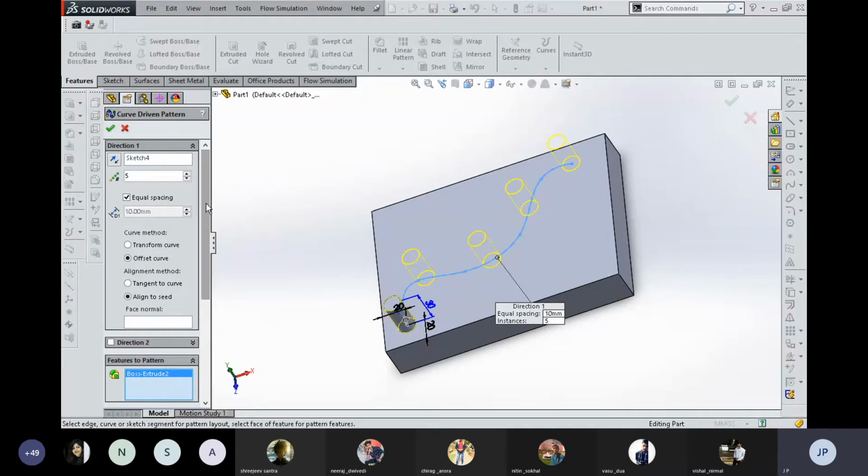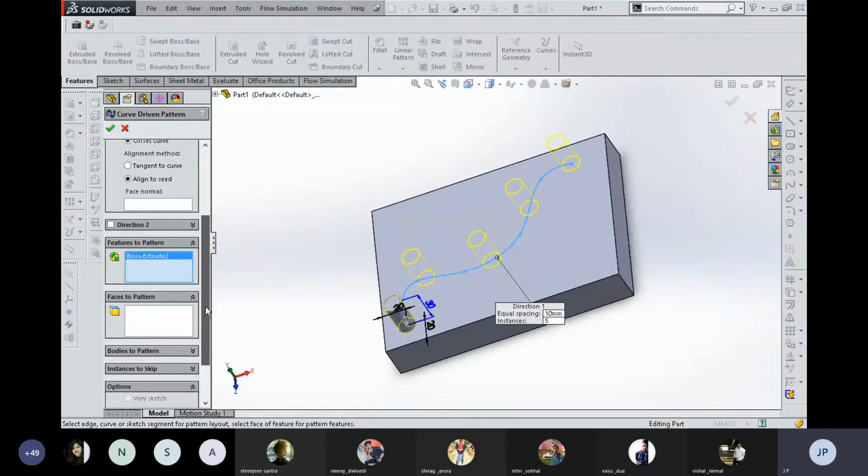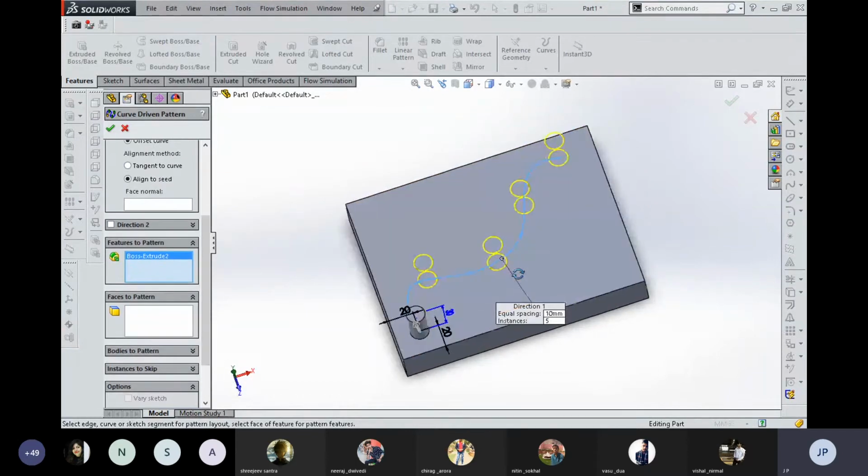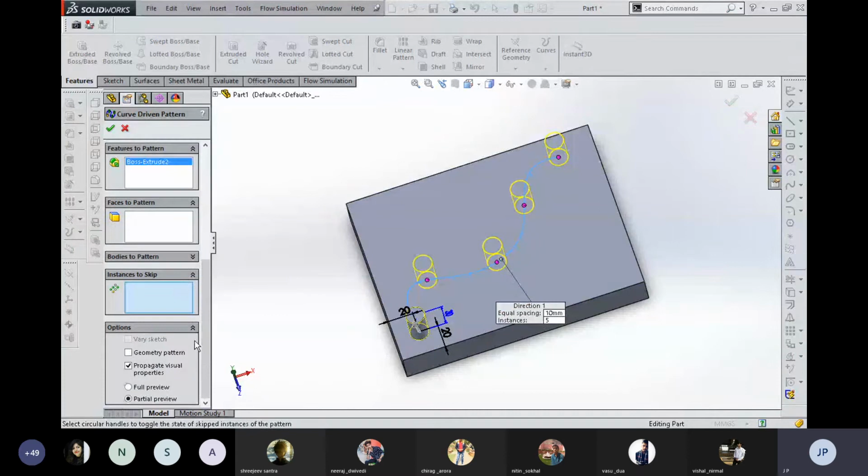Okay, or you can change that value with the help of this equal spacing feature. So you can create your user defined distance with respect to each and every other component. There is one more thing, that sometimes it requires that when we create these multiple copies, there are a few components which are not required within the path. For that, you have to use this instances to skip feature. So suppose I do not need this component. I just click on that part. Its coordinates are already saved within the part, and it shows that it is not going to be created with the help of this instances to skip.